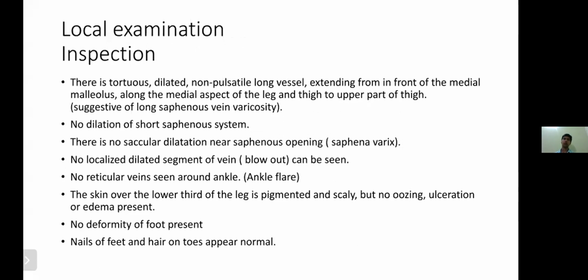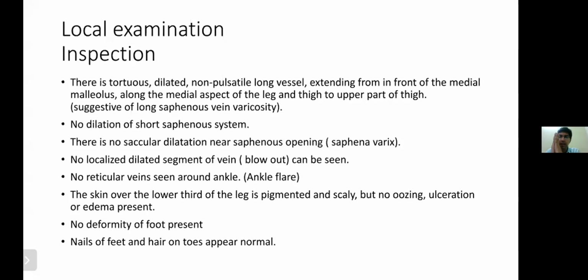When you start off examination, your aim, as I said in history, should be to convince the examiner that it is varicose veins. In examination, again, convince the examiner it is varicose veins and stamp the degree, the severity of varicose veins. So just to start off directly, the first thing you have to see is which site. Short saphenous system or great saphenous system, which system is involved, or perforators, or all three of them, or any one of them, or which two of them. By inspection, which vessels, or where is it seen.